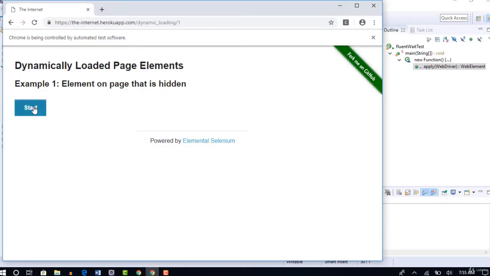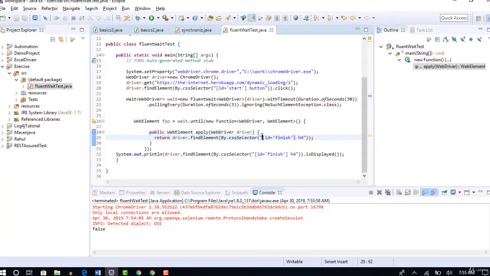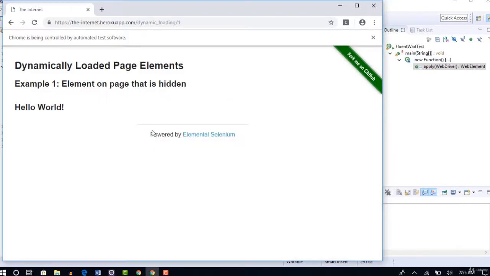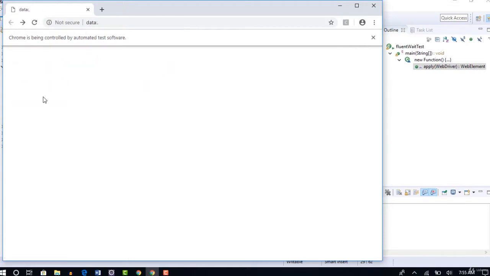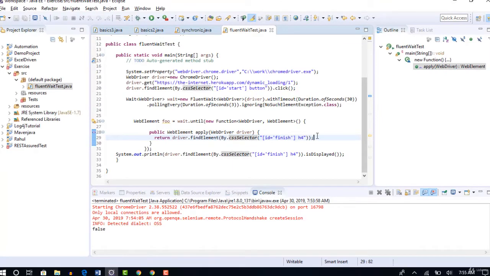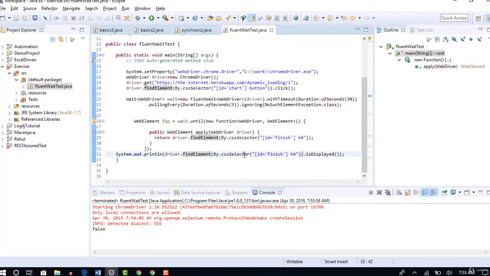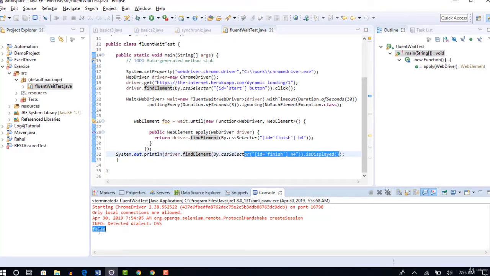But the problem here is, this web element is already present in the page. Okay, so here when you click on start button, it's already present, but that is in invisible mode, in disabled mode, because that only appears after you click on start button and take some time to load. But this is not something which renders dynamically. This is the static HTML which is already present in the page. So that's the reason when you give this is displayed, it clearly told that it is present on the page, but it is not displayed on the front screen.